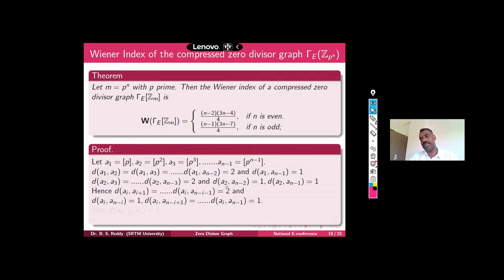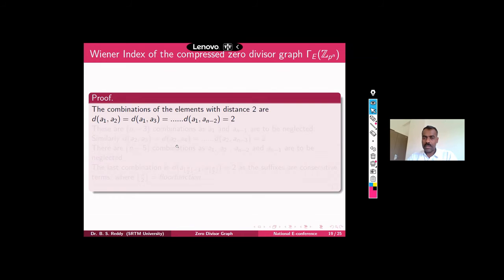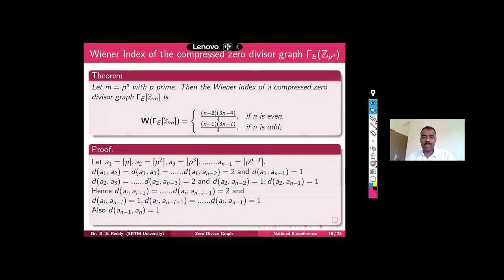Up to that, you can check that the distance, the length is 2. Then from n minus 1 to n minus 1, n minus i plus 1 up to n minus 1, the distance is 1. Okay. So if you write this, the last one which you will have here is an minus 1, of course, an minus 1 to an, their distance is 1 because their product is 0. They are adjacent, right? With this, now once you have these things, for example, here we have mentioned d of a1 comma a2 is 2.